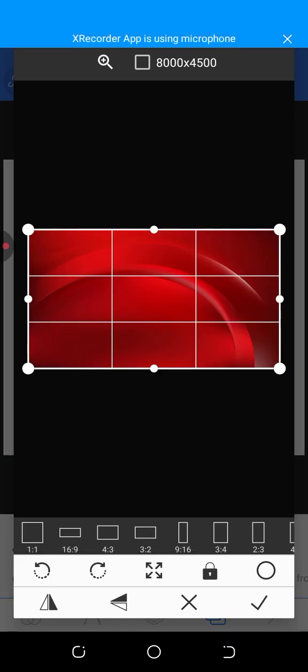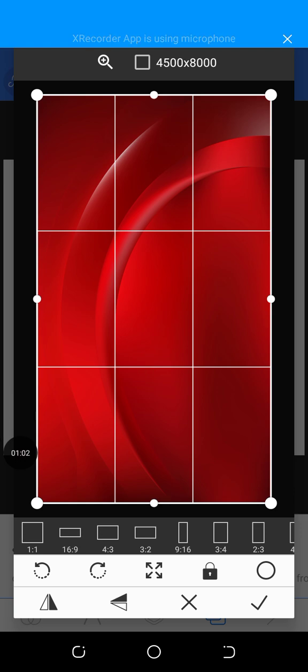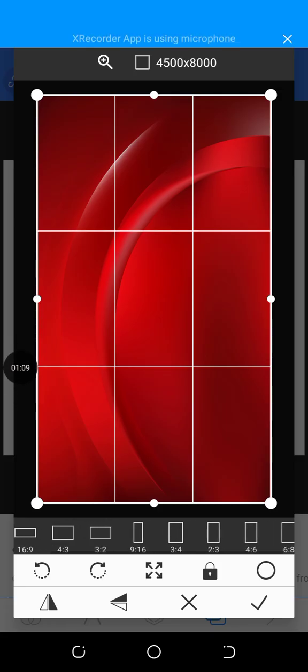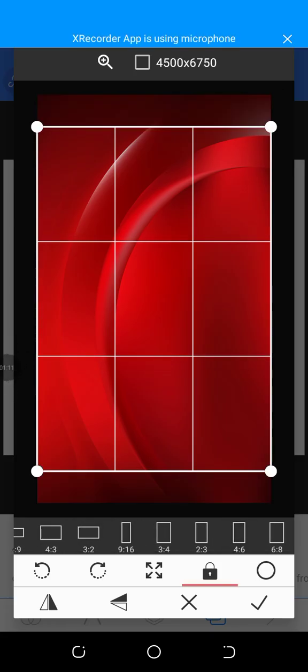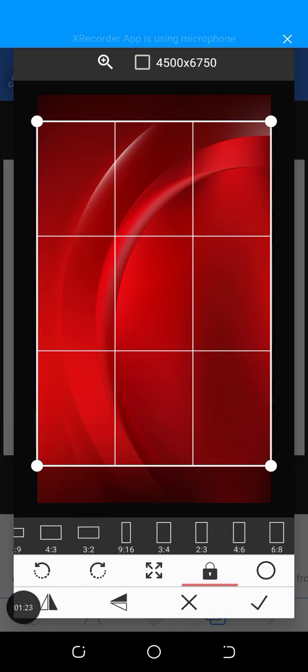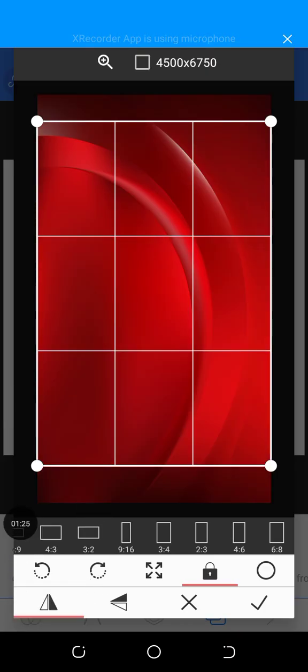Alright, and what we'll do here is we will tilt it so that it stands straight. So we'll click on that. That's the icon I just clicked on right there. And then I'm going to put this one to 4:6, so something like this should be okay. And then I'm going to use this icon to shift it this way a bit,